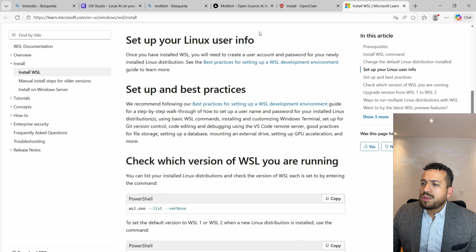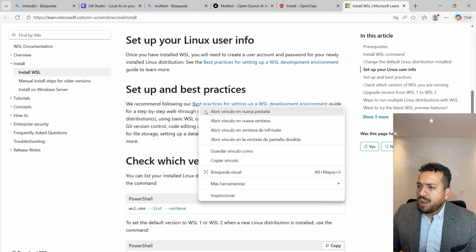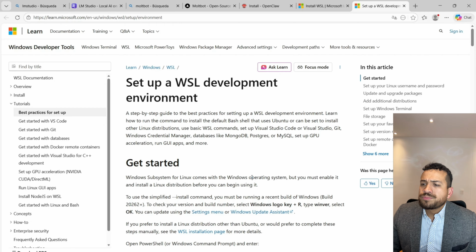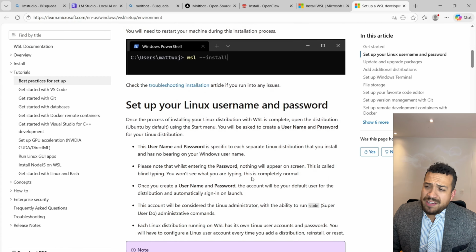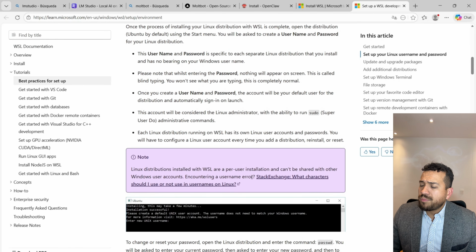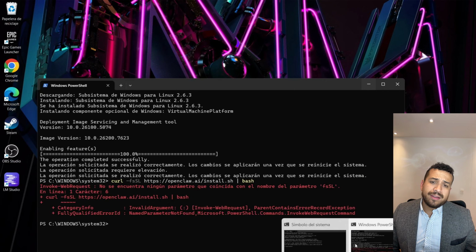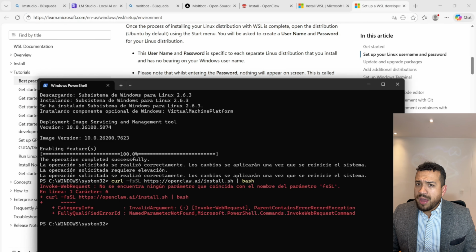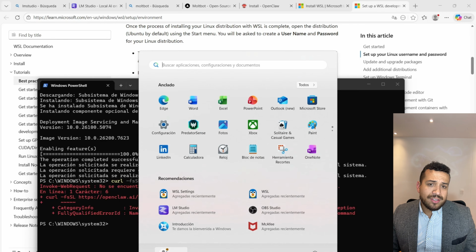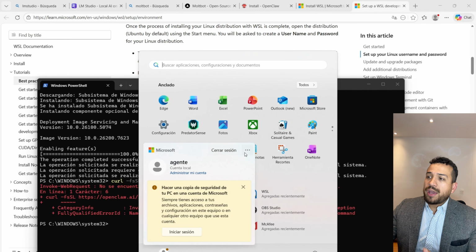We need to identify here which versions, and here we need to select specifically the version that we have. And you can tell me, okay, I can install Ubuntu, I can install Kali Linux, I can install Debian, Gentoo. Yes, you can do it. But, okay, this is the command,